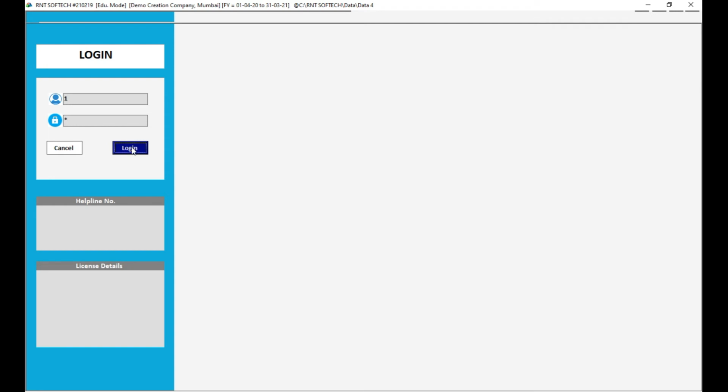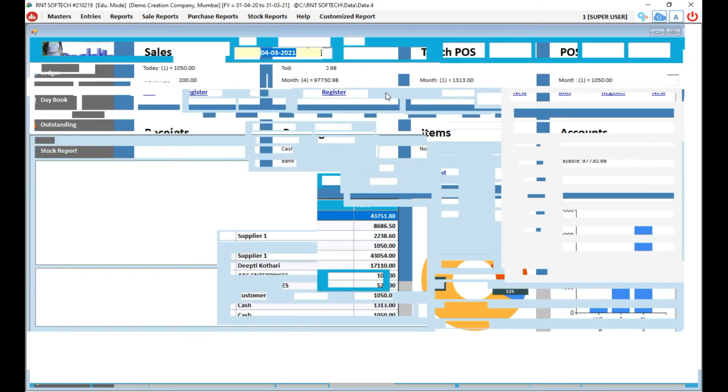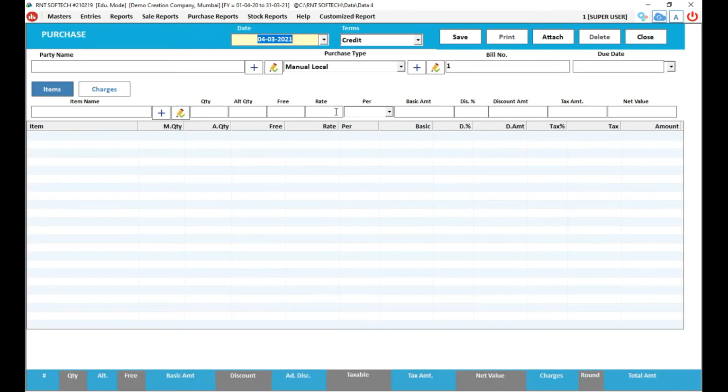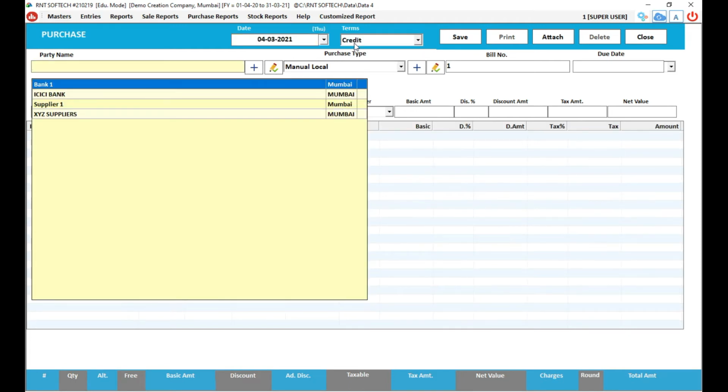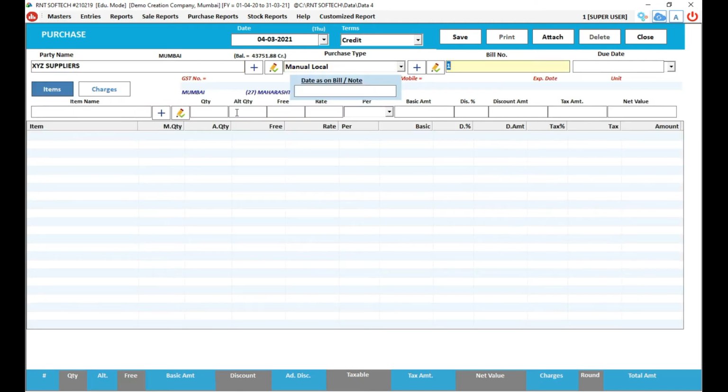This is done. Now again go to purchase, go to new. The window opens up. Here it is again deciding credit. I'm taking XYZ Suppliers. I'm taking it as manual. I've taken the bill number as 8.